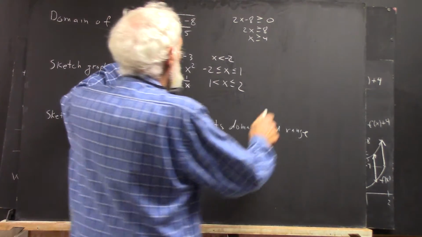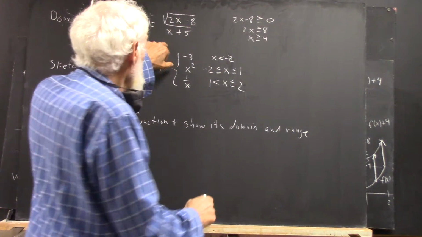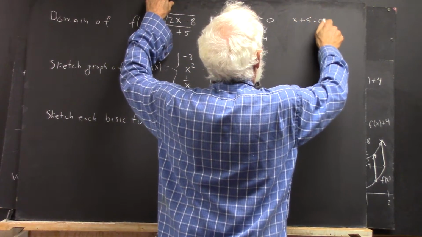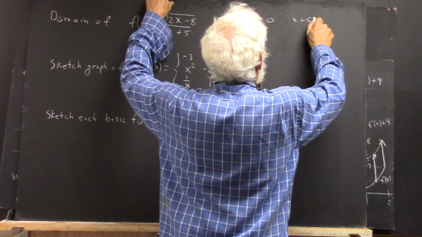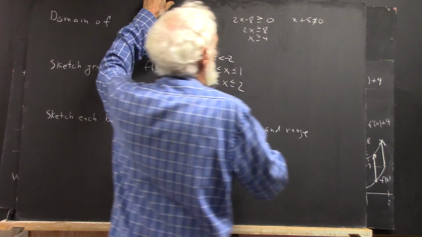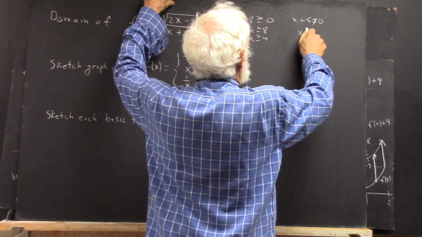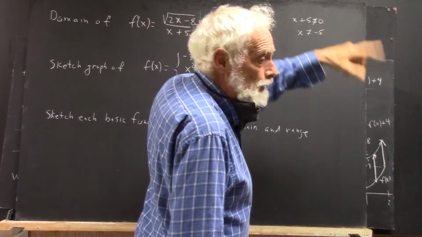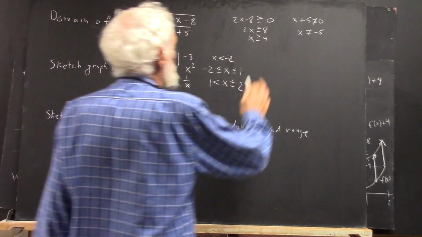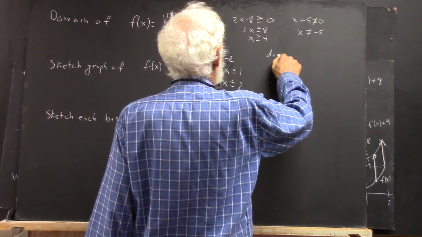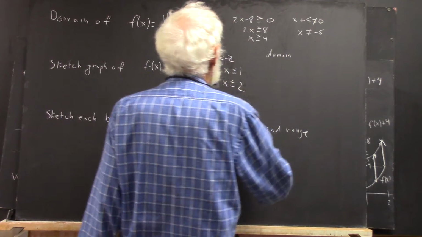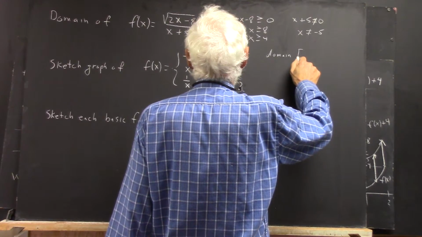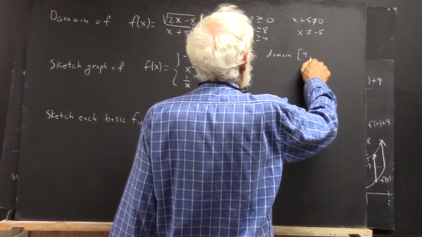And also, x plus 5 can't be 0 because division by 0 can't be defined. So x plus 5 is not equal to 0, so that x is not equal to negative 5. You can see that by inspection, but you can always set x plus 5 equal to 0 and solve the equation. So the domain is, I'll write it in interval notation. The domain is actually